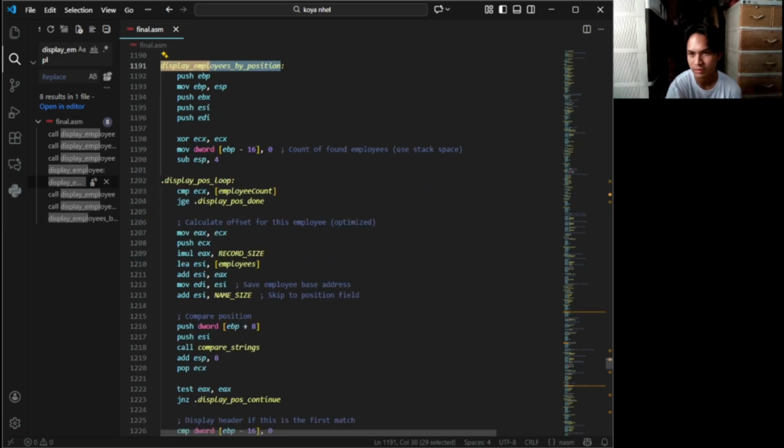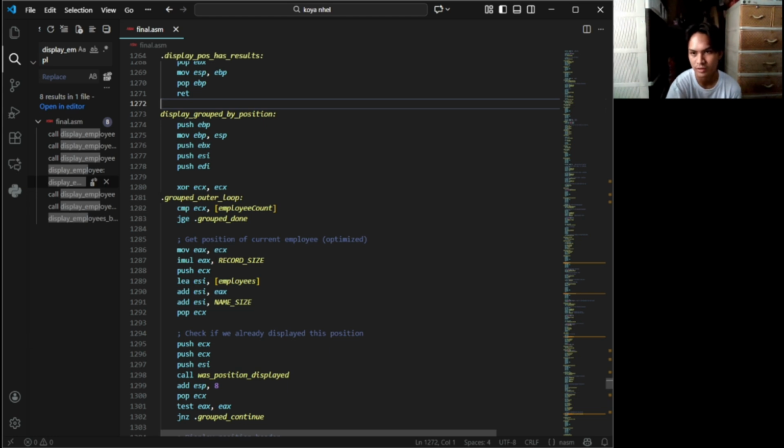It prints a header the first time it finds a match, and prints a not found message if there are no matches. Then, we have the display group by position function. This function iterates through records and for each record calls was position displayed to determine if this position header has already been printed.